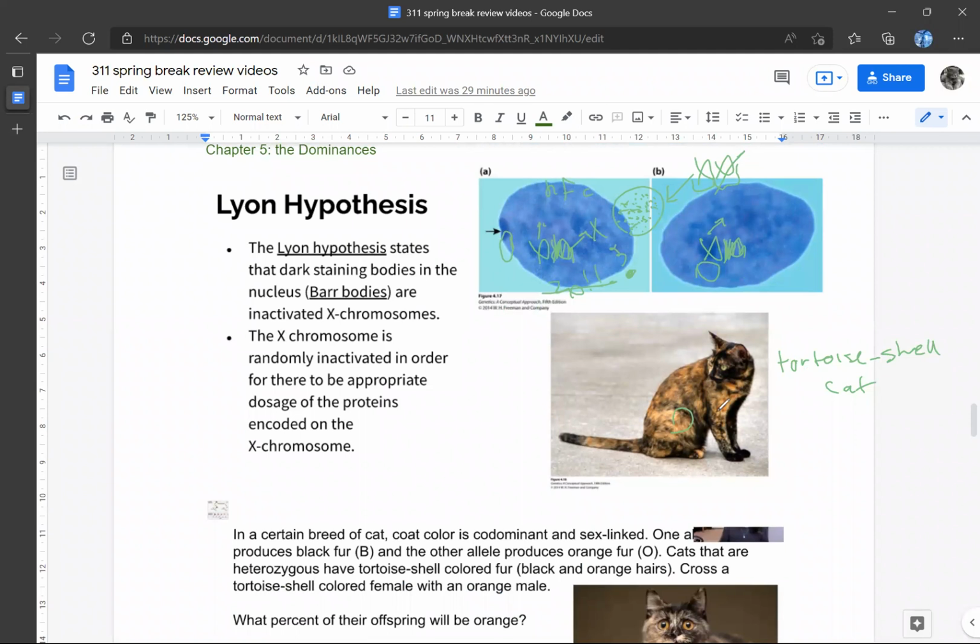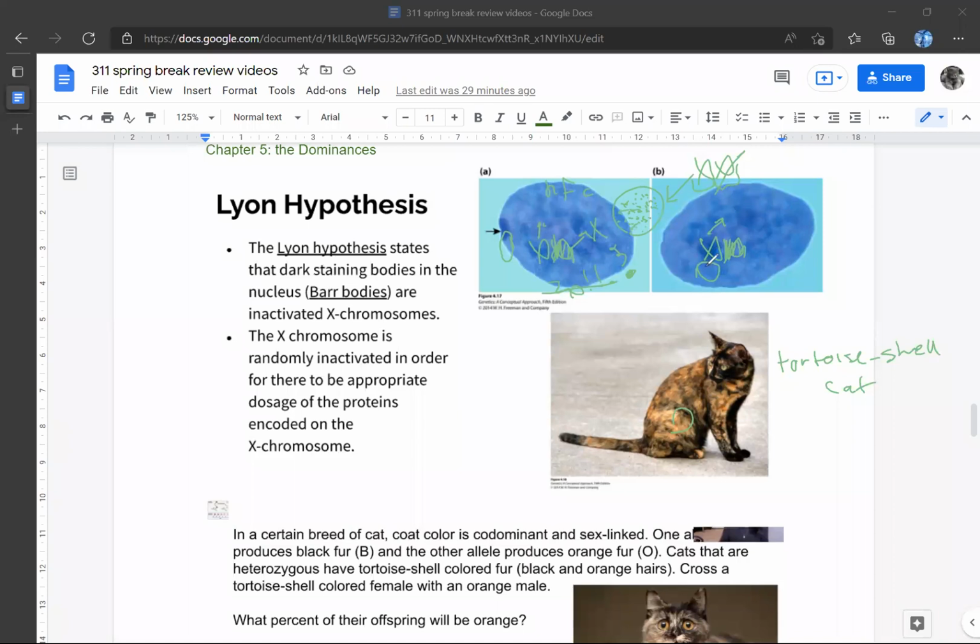Okay, so we see the hair here is orange, and then the hair here is black, and then the hair here is orange and black and orange and black, and you get the point. You can see it. And the reason that they have this appearance that's so irregular, the reason that any orange hair can be next to any black hair, which is next to any orange hair, is because